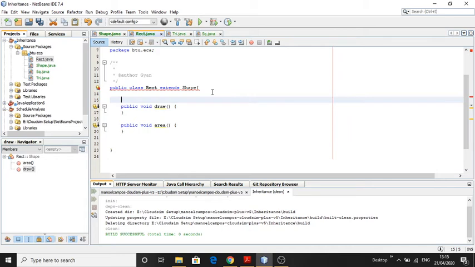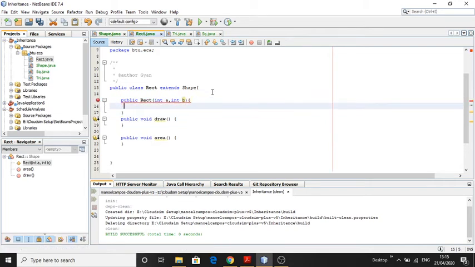Now we will create a constructor, public Rect, and this constructor will take one integer a and another integer b, and we just call super and pass both variables to the super class, which is Shape.